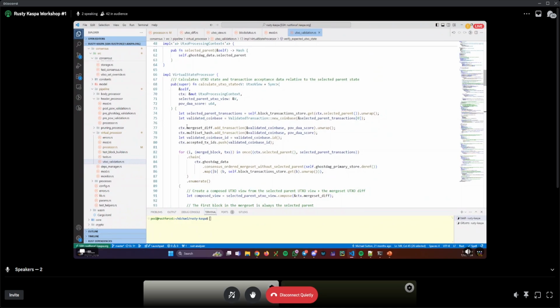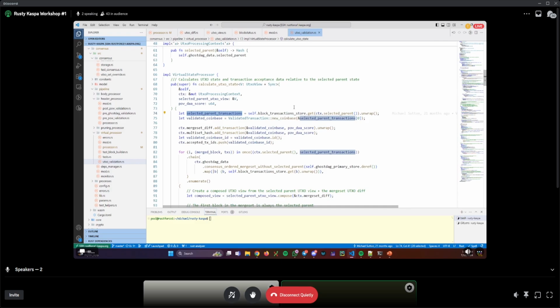I'll do it relatively fast. So we start with the selected parent transactions. The first block is essentially the UTXO view of my selected parent. It doesn't include his transactions, it only includes his past. And now me as a chain block looking at him, I take him first because he should be coherent to the UTXO view he has. So I first process his transactions, and they should all be valid. And then I add the remainder of the merge set,